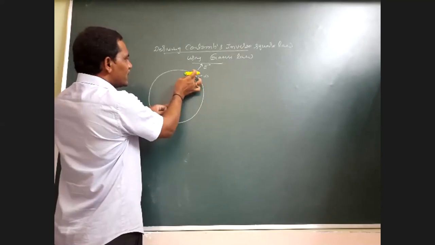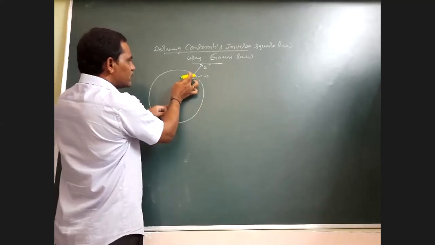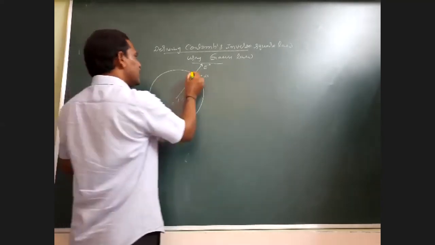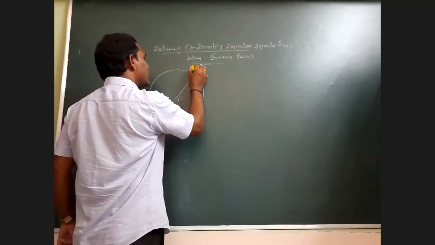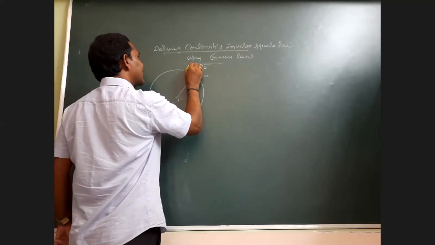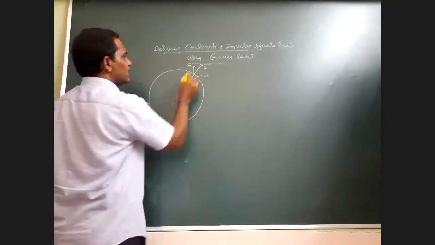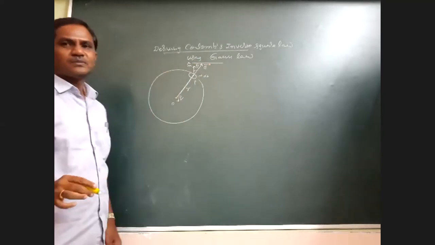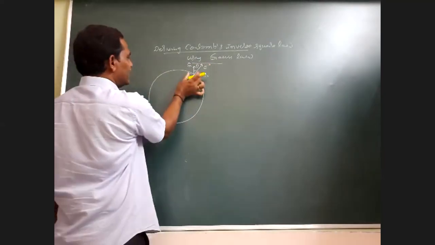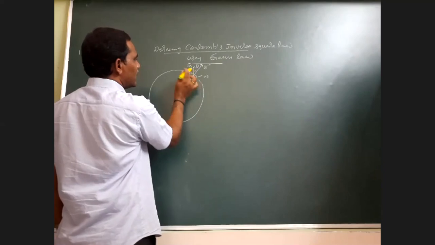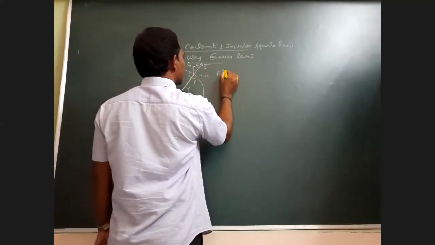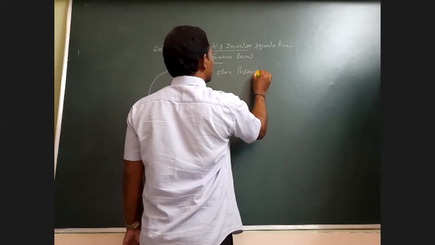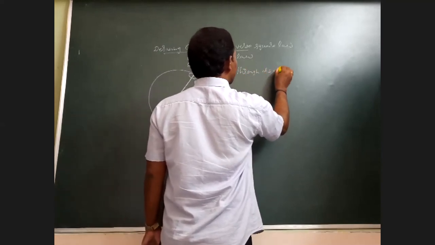Now, if you consider a point P, a small area element ds is taken. Then the normal unit vector at that point, n cap, will be like this. The angle between n cap and E bar is theta. Now I am writing the flux through this small element. Electric flux through the ds area element